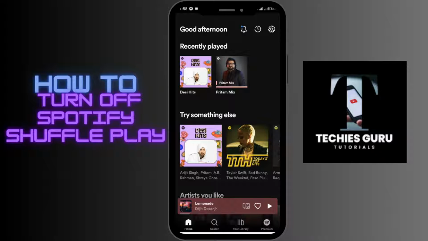So let's begin. The first step is you need to open up your Spotify application and log into your account. After logging in, you'll be able to see the various suggested songs or the songs on your playlist. So in order to turn off the shuffle play, you need to select the playlist where you want to make